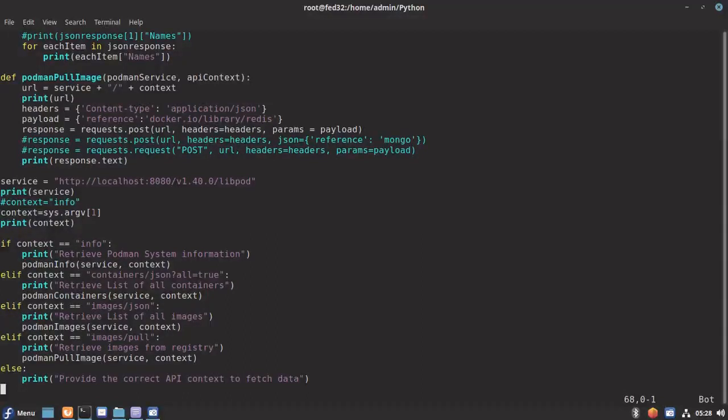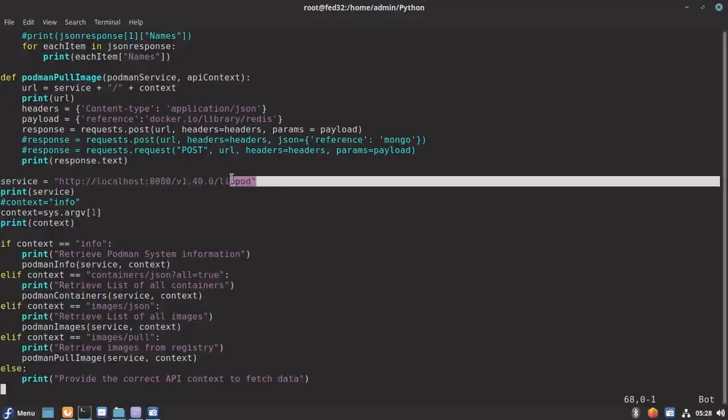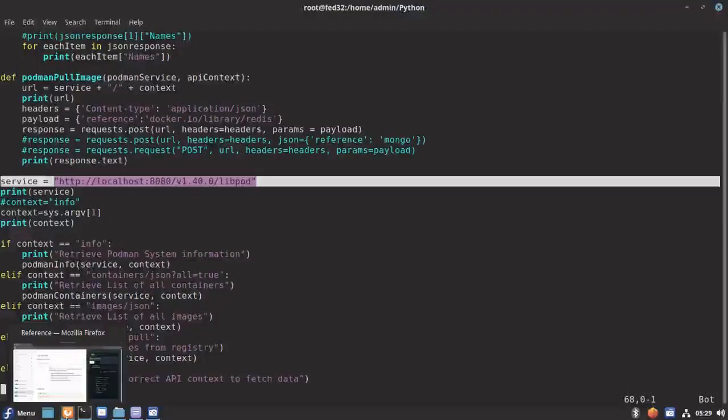Here we are capturing the service URL on which we have started the Podman API service, and as you can see in the context, we capture it with a variable that we are going to pass to the script. sys.argv[1] is the argument that we are going to pass for the context.